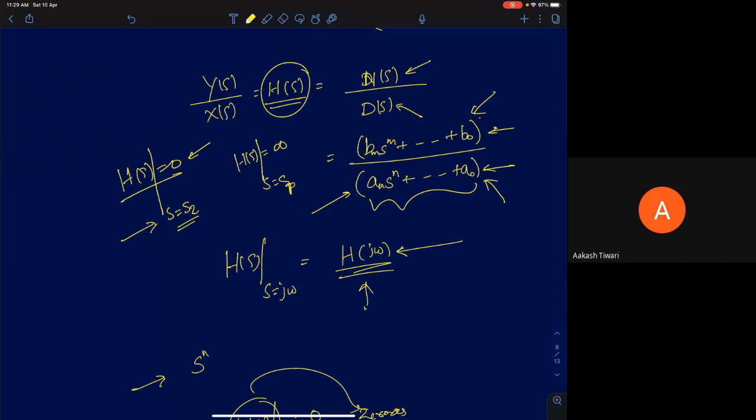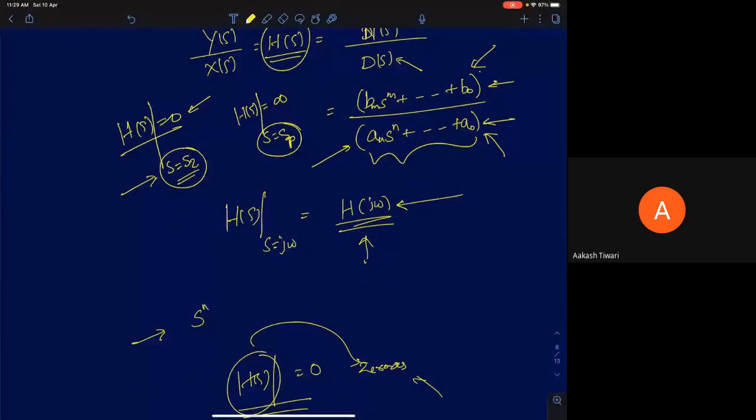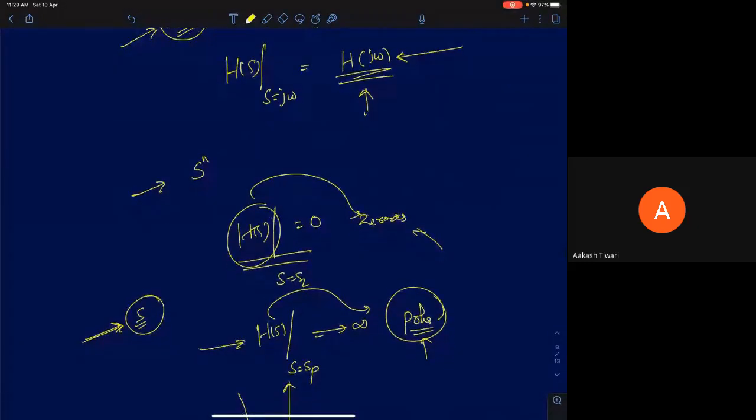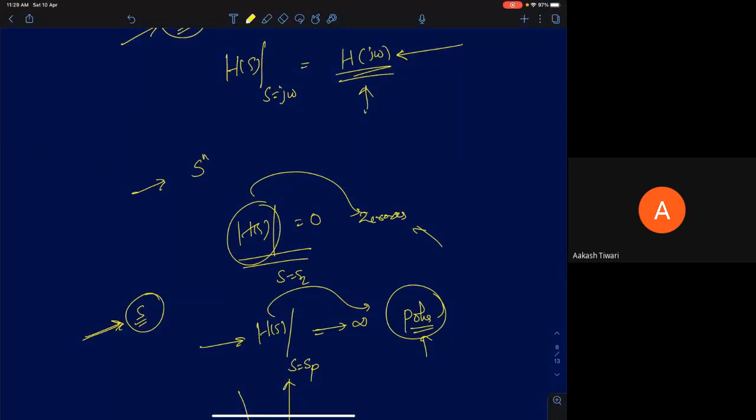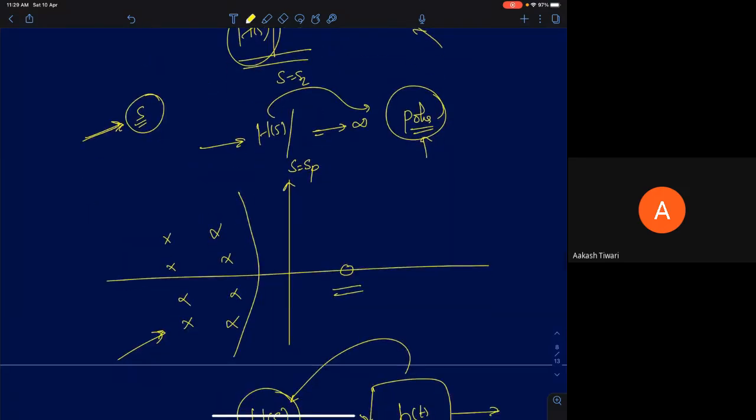The thing about Laplace transform is that by looking at these poles and zeros, we can directly say if a system is stable or not. So what is the condition for stability? Since most of you have done a basic course on signals and systems, what is the condition for stability? If you know the poles and zeros of a system, then all the poles... this is an open loop system, okay? I'm talking about an open loop system.